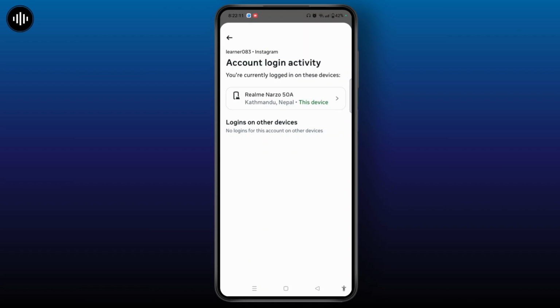If you see any suspicious devices logged into your account, you simply need to log out those devices to secure your account. So, my account is currently logged in on my device only, so there is no login for this